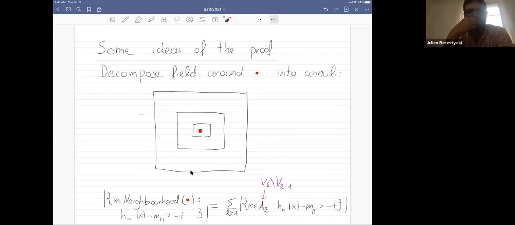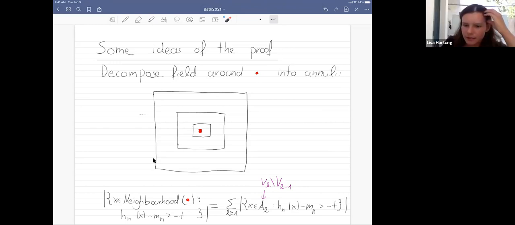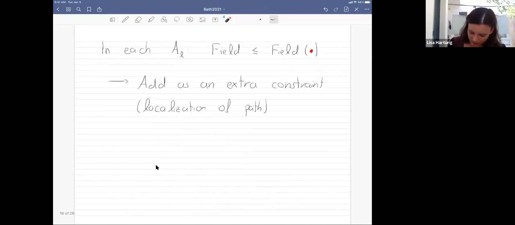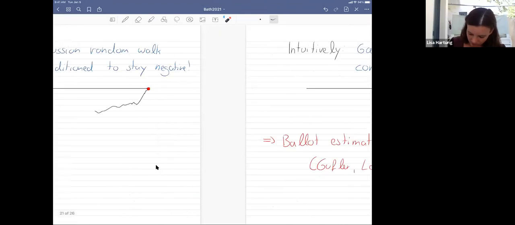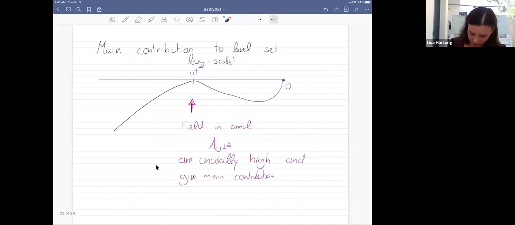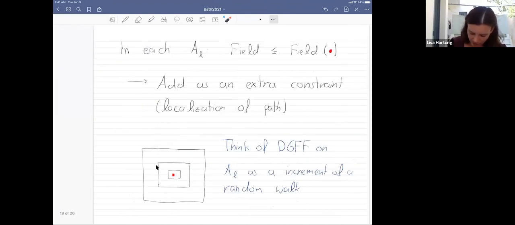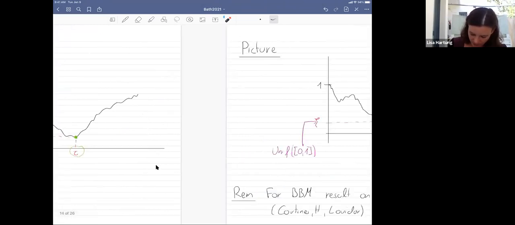Okay. Yeah, and I have one more question, maybe if I have time. You mentioned very fast at some point that there will be an analog result for the BBM, which would be this uniform distribution? Can you make that a little more explicit? Yes. Maybe let me go to this theorem. Yeah, exactly. So here.